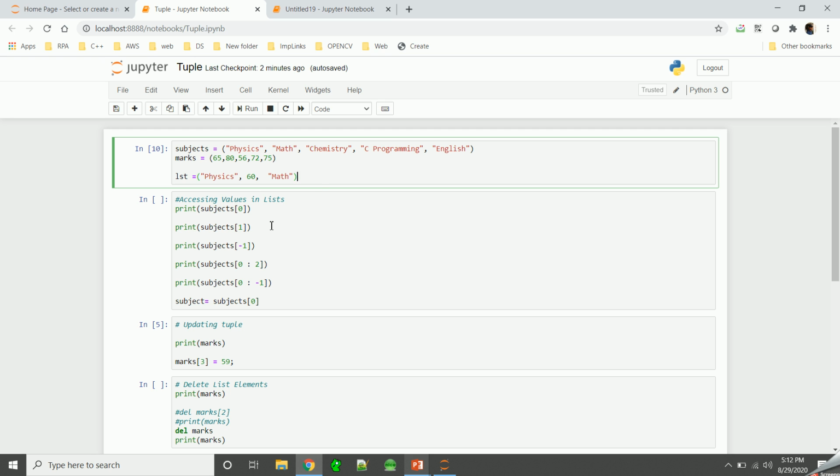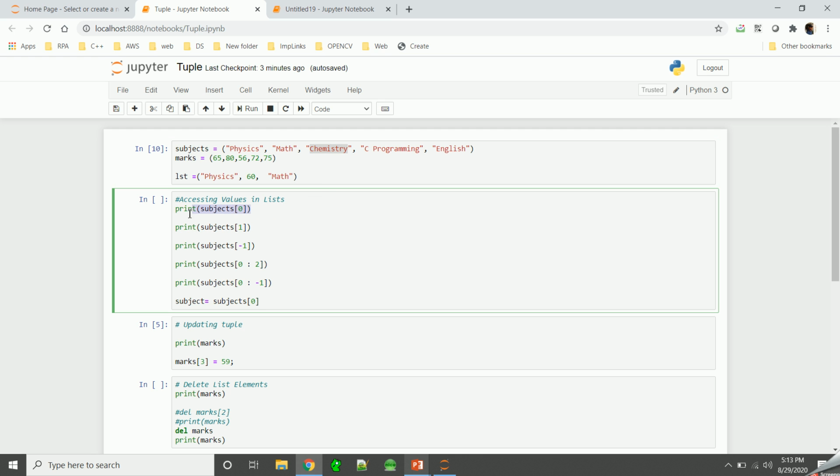Now let's see how we can access the values. Similar to a list, a tuple is also stored as an array, that is, the first element will be stored at location 0, the second element at location 1, the third element at location 2, and so on.